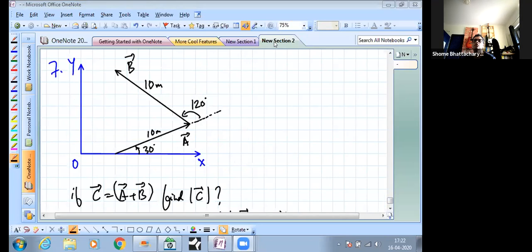Okay, so I hope this is clear, what I'm saying. First draw the vector C in this diagram, given that C is equal to A plus B, and then try to solve that ABC triangle using the fact that two of the sides are equal, they're 10 meters each, and also that the angle is 120 degrees, given to you. When you use these two facts, that the two sides A and B are equal and the exterior angle between them is 120, you'll see it's a very easy triangle to solve. If anybody is getting the answer by using this, please send it to me on chat.